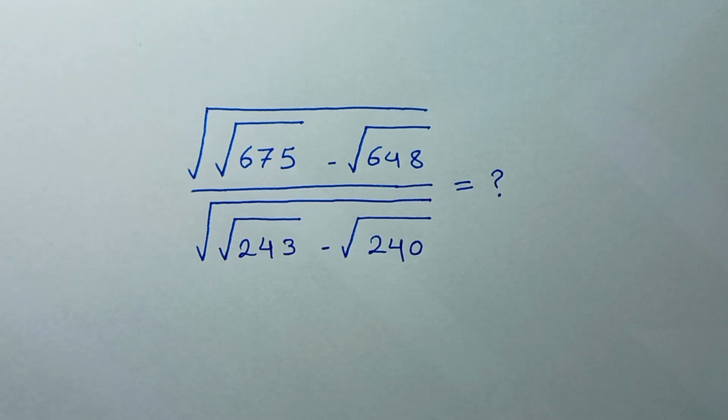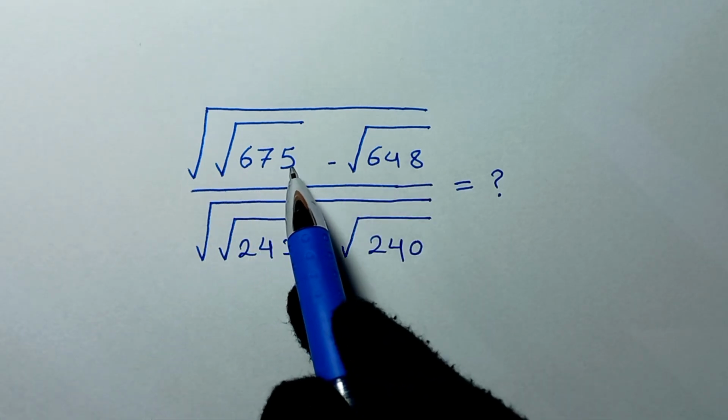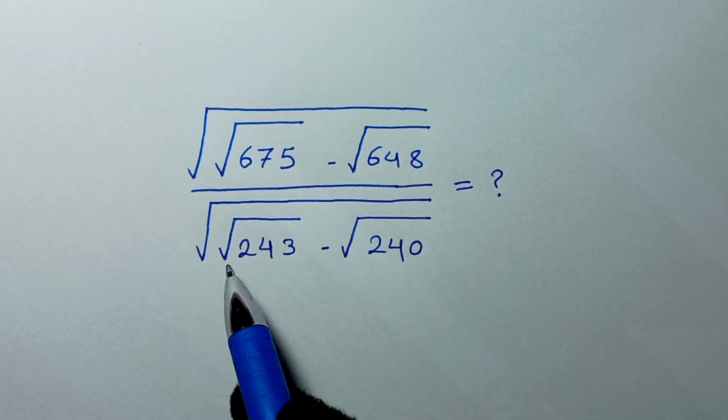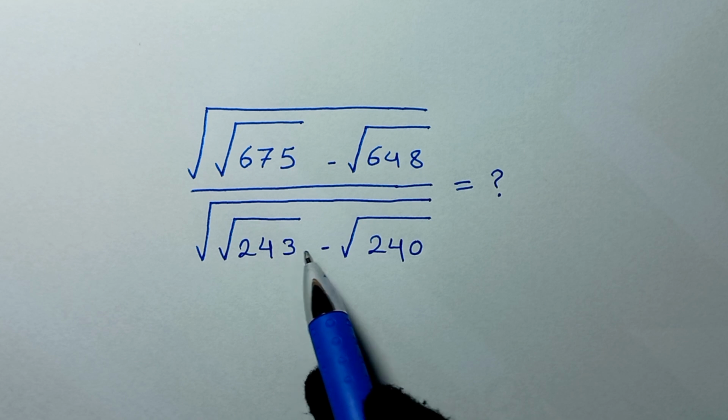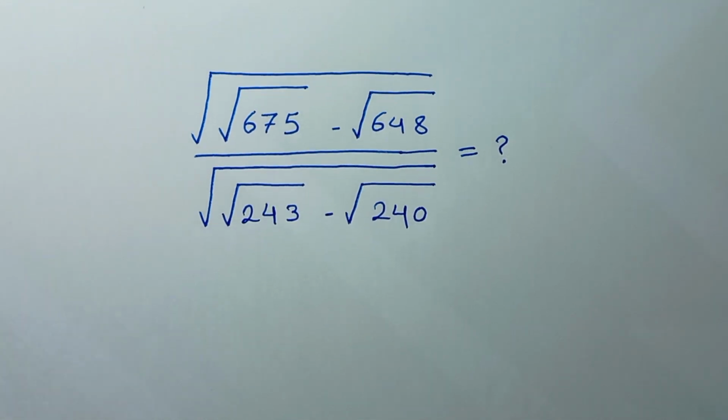Hello my friends, you're welcome to solve this math problem, which is square root of 675 minus square root of 648 over square root of 243 minus square root of 240. In the first step,